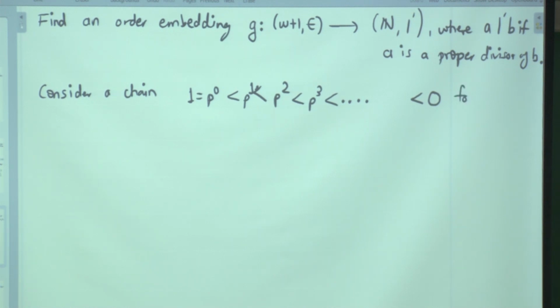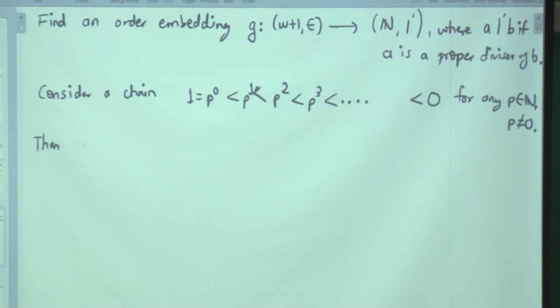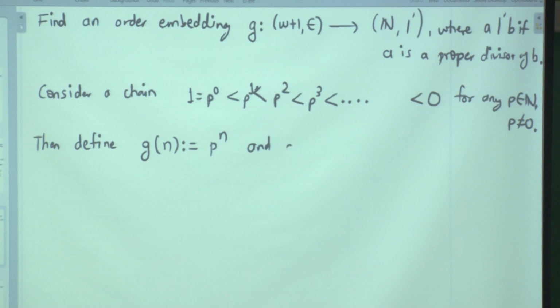Okay, for any p in n, p not equal to 0. I don't even have to consider a prime number. This is still a chain. So then define g of n to be p to the n and g of omega. Omega is an element of omega plus 1. So g of omega to be equal to 0. Right? So this is our